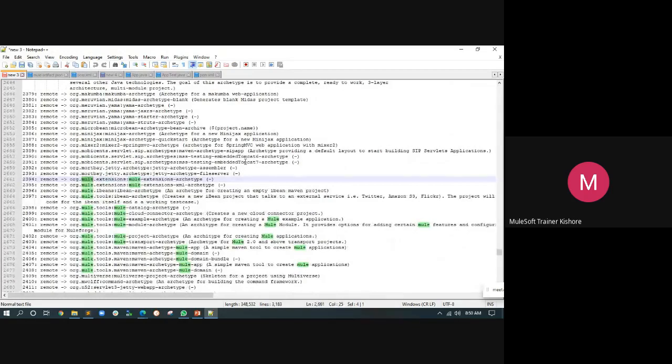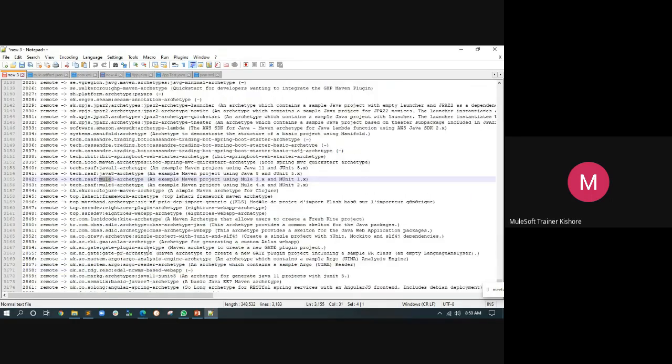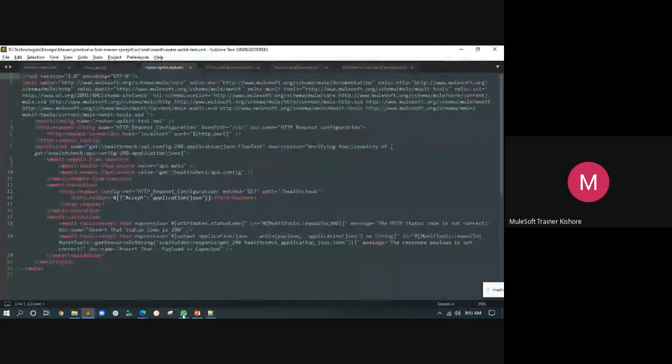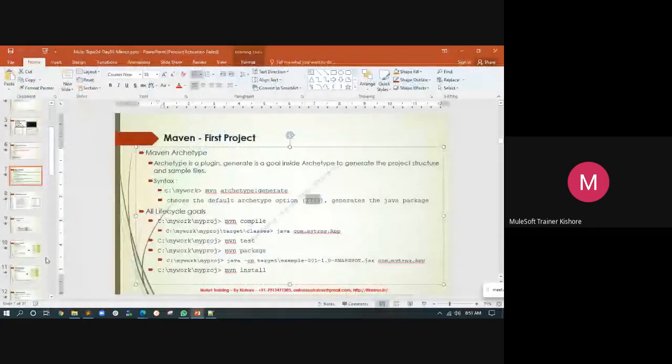Oh my God, there are many other things. Remote Mule example archetype, creating a Mule example application 24100, and a domain project Maven archetype. There are something like this, many other things. 2843. So many people created their own archetypes and published them to Maven, so you can reuse them. You can also create your own archetype and publish it to Maven, though anyway, we will not use that.